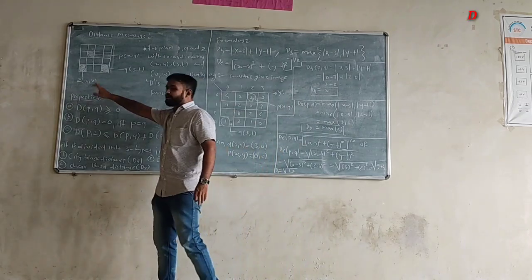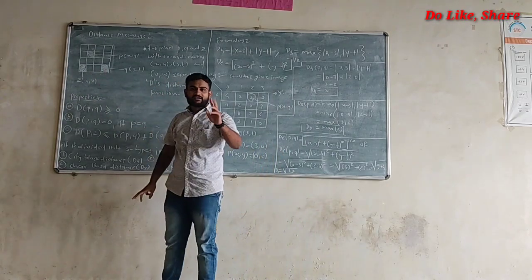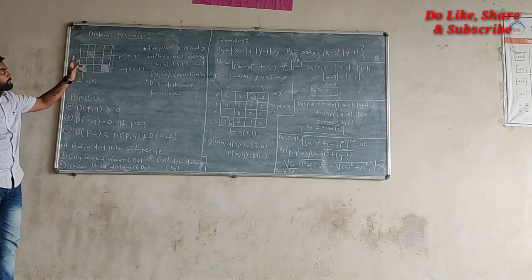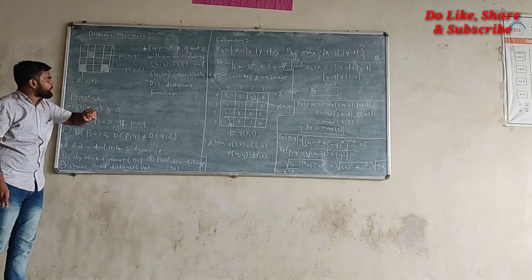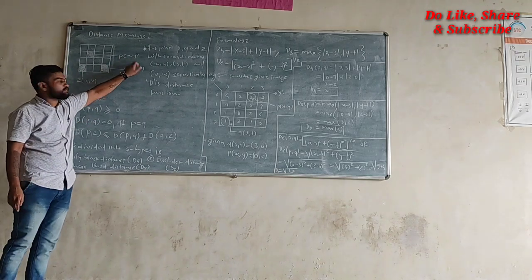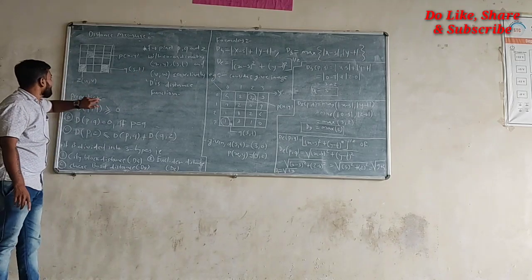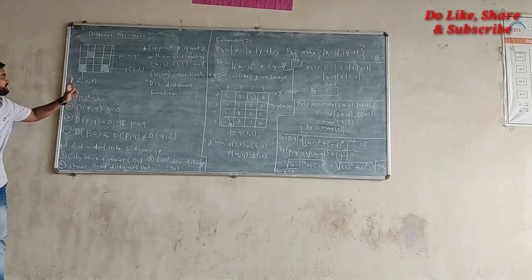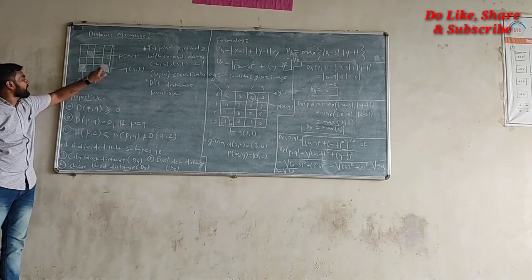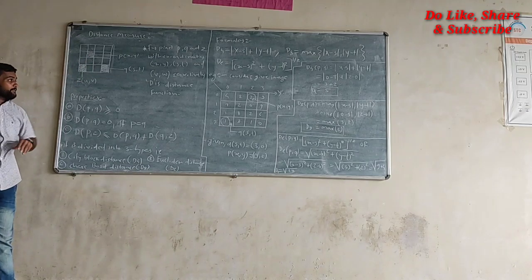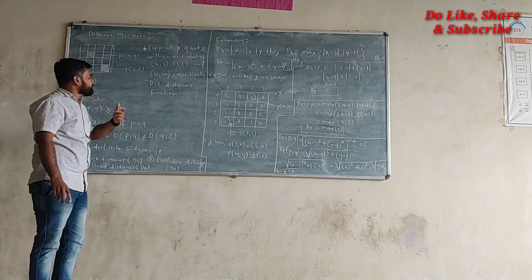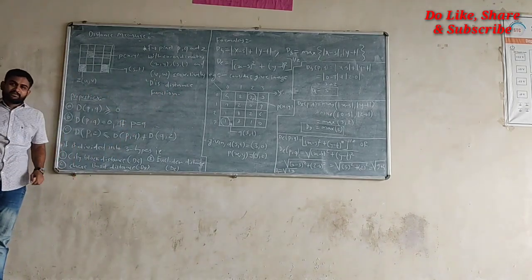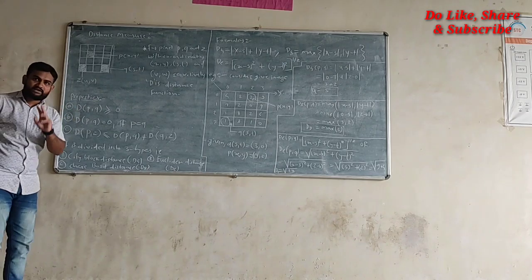Consider this diagram where we have represented three different pixels, P, Q and Z, with coordinate values: P has x, y coordinates, Q has s, t and Z has u, v. If we want to find the distance between Z and Q, and P and Z, for that consider the distance function given as D. D is a distance function. Now in a distance measure we have a total of three different properties.